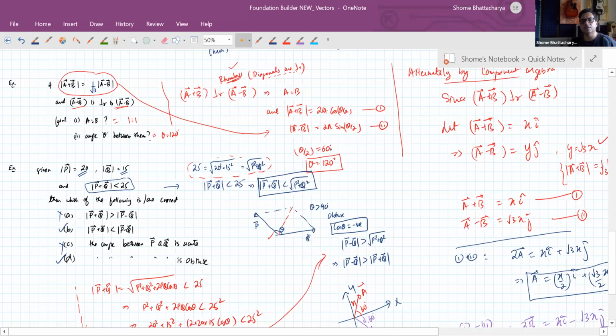So now divide equation 2 by equation 1, and you will get this relation, the ratio of a plus b and a minus b. Understood now? So just divide these two equations, so you'll get mod of a plus b upon mod of a minus b is cot theta by 2. Now from here, that ratio is what, 1 by root 3. So cot theta by 2 is 1 by root 3. That means theta by 2 is how much? Is 60 degrees. So this is coming from this equation 1 divided by equation 2, showing you that cot theta by 2 is 1 by root 3. So that is showing you that theta by 2 is 60.